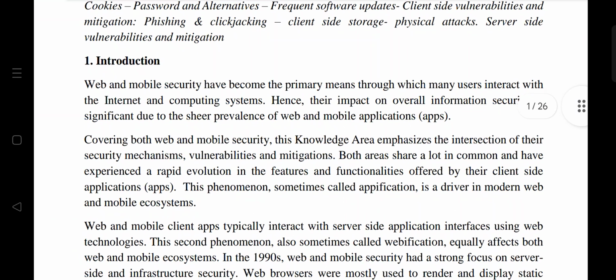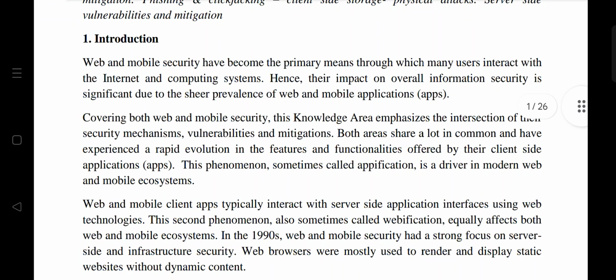Introduction. Web and mobile security have become a primary means through which many users interact with the internet and computing systems. Hence, their impact on overall information security is significant due to the sheer prevalence of web and mobile applications. Converging both web and mobile security, this knowledge area emphasizes the intersection of their security mechanisms, vulnerabilities, and